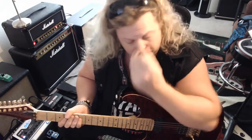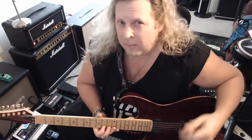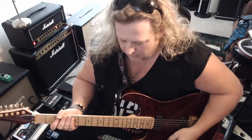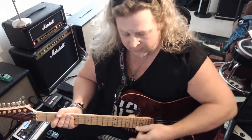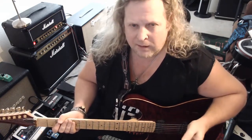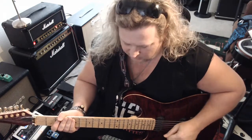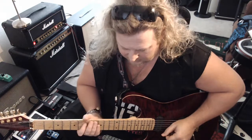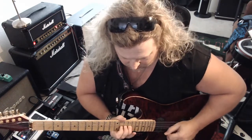So I'll play a couple of these licks here. I improvised, so I'm not sure if they're exactly what I played, but I'll show you a couple of the licks I did at the end and how I'm muting that stuff. Now, I'm not thinking about muting when I'm playing, so hopefully you won't be either after a while, because this really needs to be second nature. But just to demonstrate how this works, so the first lick I did after this,